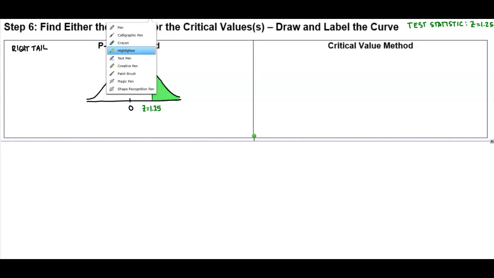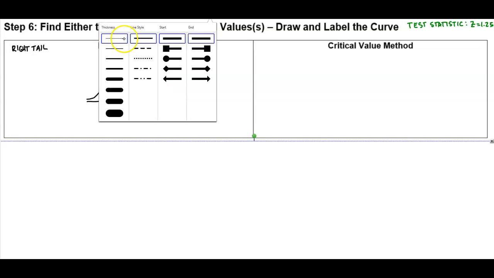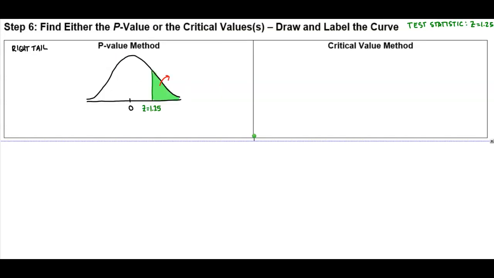Now, what does this area represent? Well, this area is going to represent the p-value, which means that we're looking for the probability that the value of z is greater than 1.25. So let's go ahead and do that. Now, we're going to use StatCrunch, or you can use the table to do that, but we're going to use